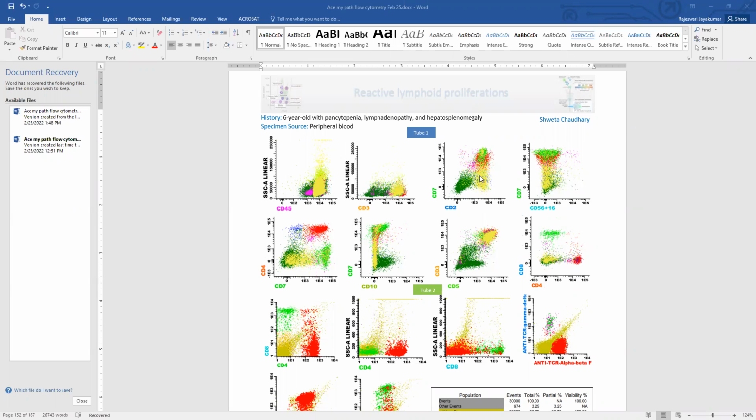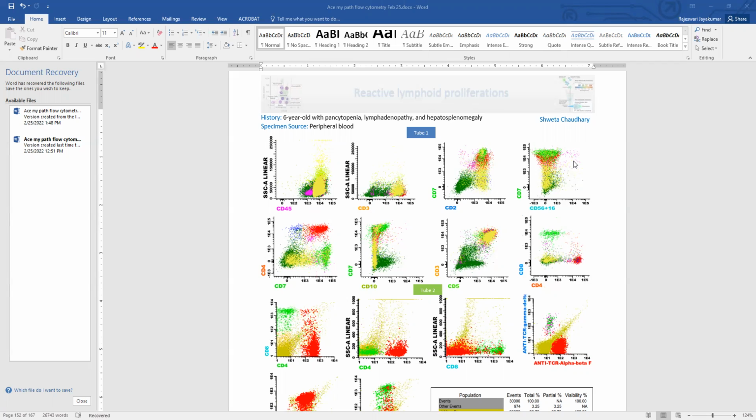and when we see CD3 versus side scatter, we see a lot of T cells. And here, with CD2 versus CD7, we could see three different populations that are split. The red and green populations that are positive for both 7 and 2 are actually the 4 and 8 positive T cells. We have the 4 positive cells painted red, the 8 positive cells painted green. So they are both positive for 7 and 2. And the yellowish orange population that we see here, these are positive for CD2.